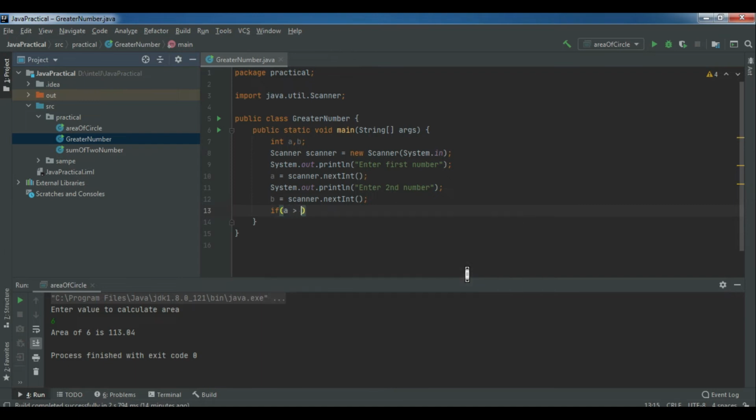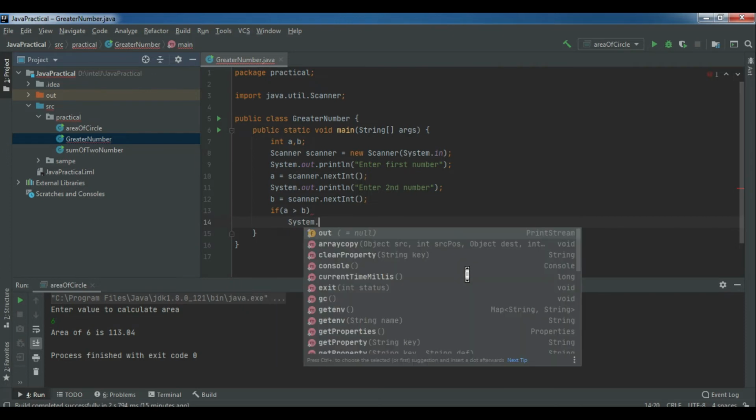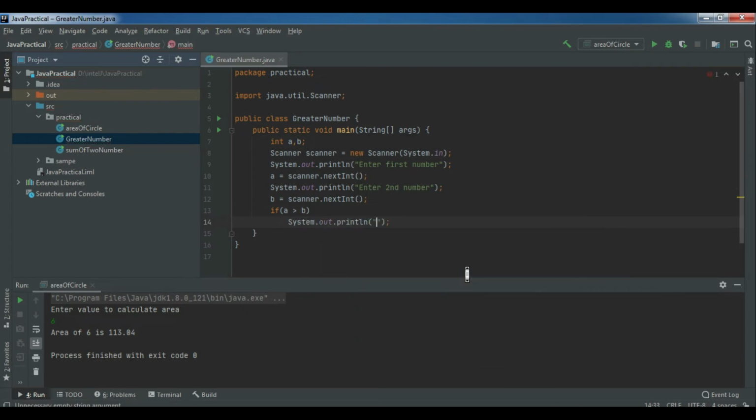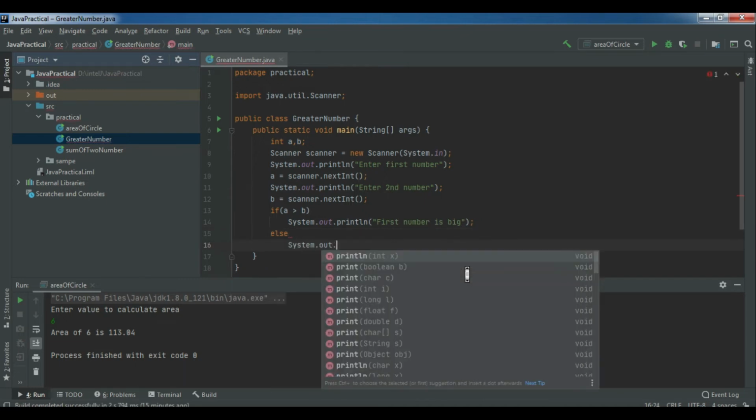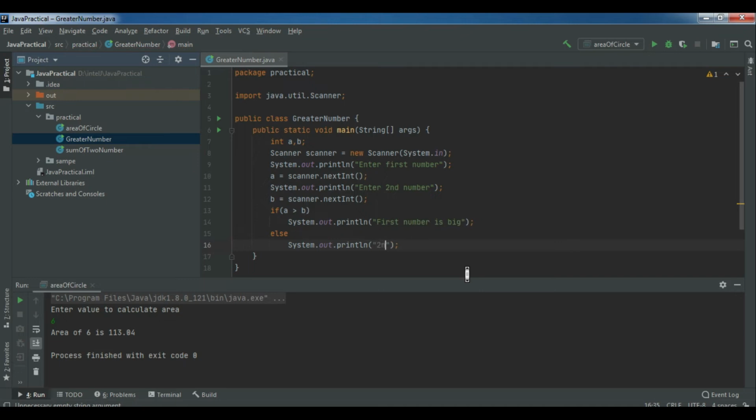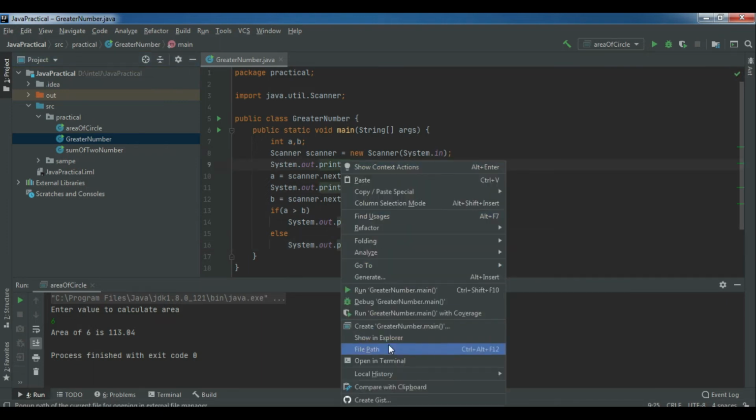If a is greater than b, it means a is big, so we'll add a message here, System.out.println, "first number is big". And we'll add an else condition here, System.out.println. If the first condition is false, it means the second is always true, so we'll add "second number is big". Let's try this, run the program,